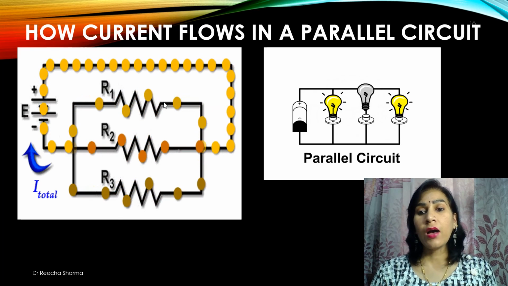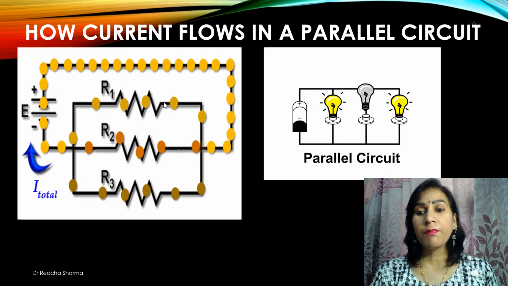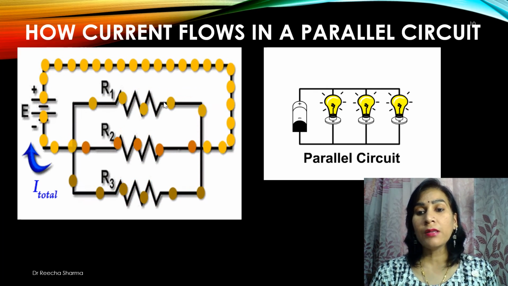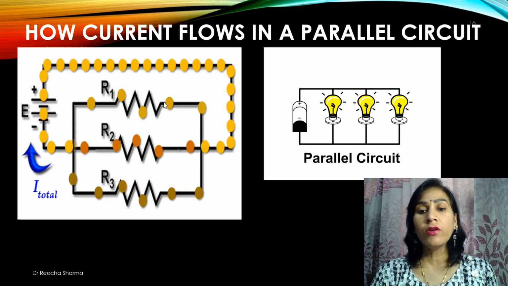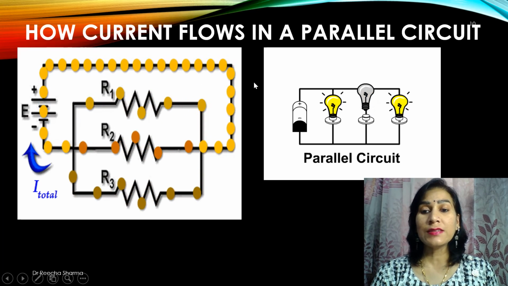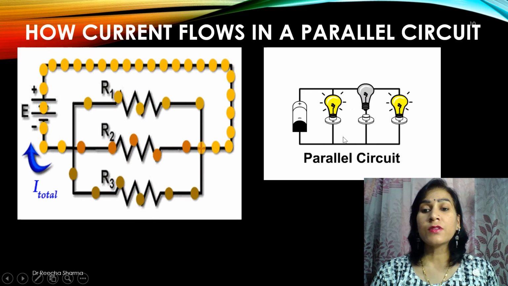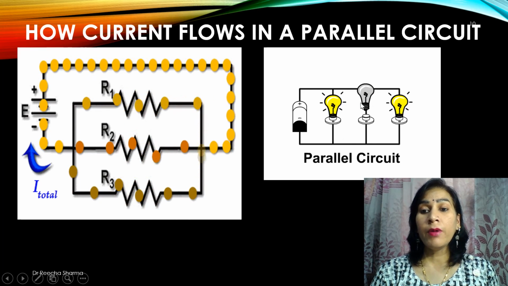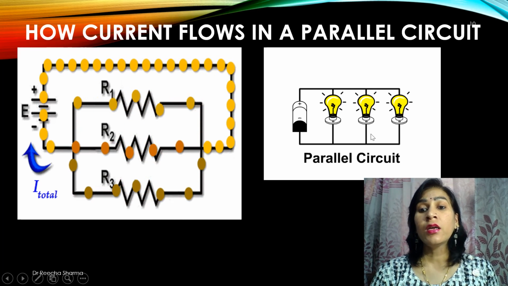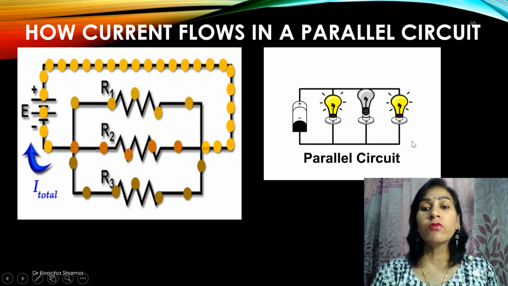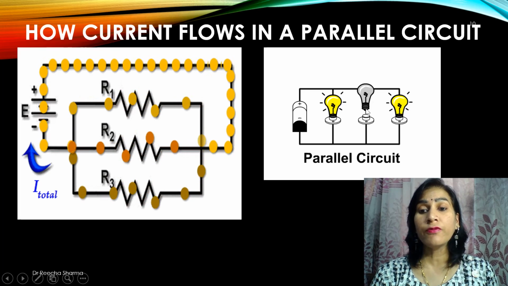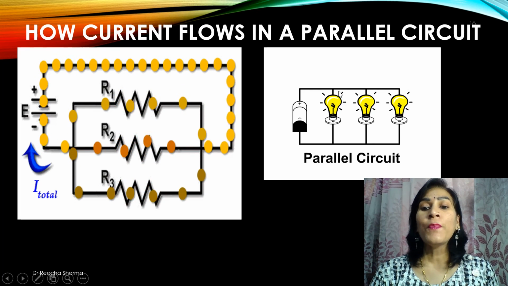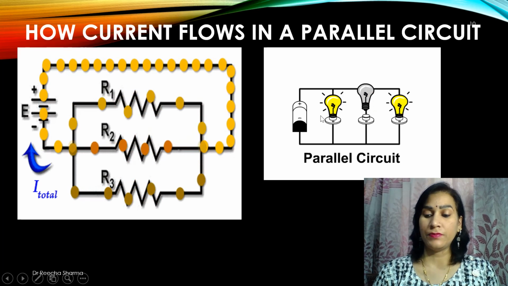This shows how the bulbs are connected in parallel. When we have three bulbs connected in parallel, all will glow as the voltage is the same for all of the bulbs. But if one bulb gets fused, then the rest of the two bulbs will still glow. This disconnection, the fuse of the second bulb, will not affect the working of these two bulbs.